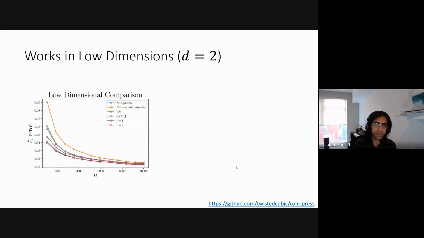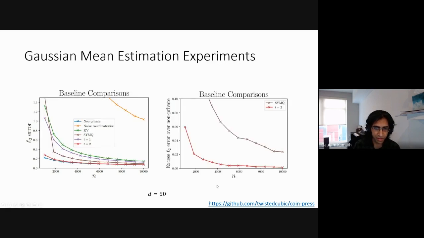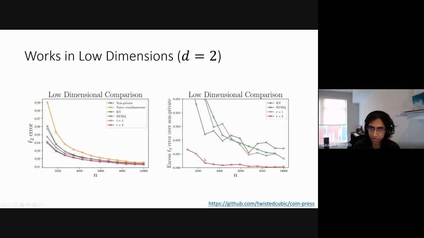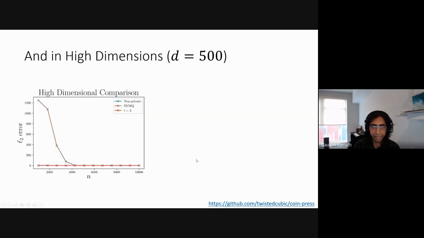Yeah, thanks for asking. So this is a moderate dimensional setting, d equals 50. For a lower dimensional setting, you can still see that we get strikingly close to the true best non-private estimate at all sample sizes, low and high. And also in a higher dimensional setting, this is d equals 500, just to illustrate, we compare again L2 error, where we compare our approach, SimQ, which is the previous best, and the non-private. And you can't even see the non-private here, at least for small n.